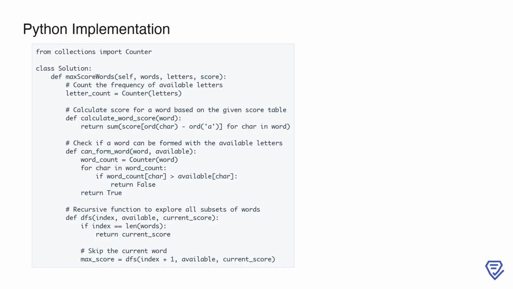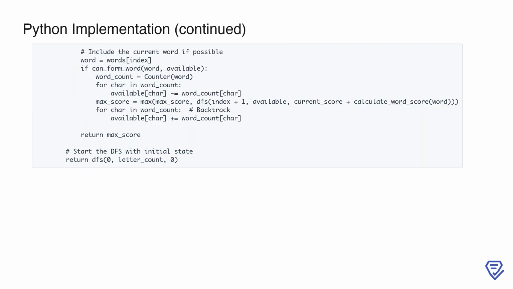Finally, we define a recursive function, DFS, which uses depth-first search to explore all possible subsets of words. Inside DFS, we first check the base case. If the index reaches the end of the words list, we return the current score. Then, we calculate the maximum score by initially skipping the current word and recursively calling DFS on the next index. Now, we proceed to handle the scenario where we include the current word, provided it can be formed with the